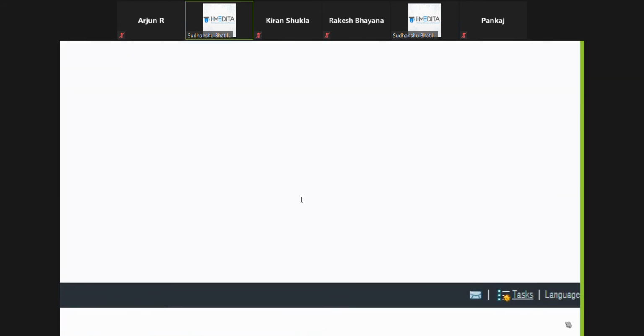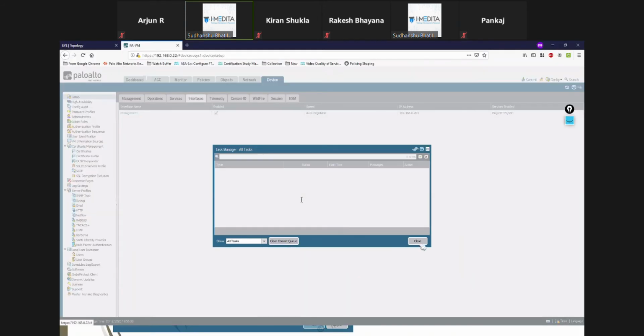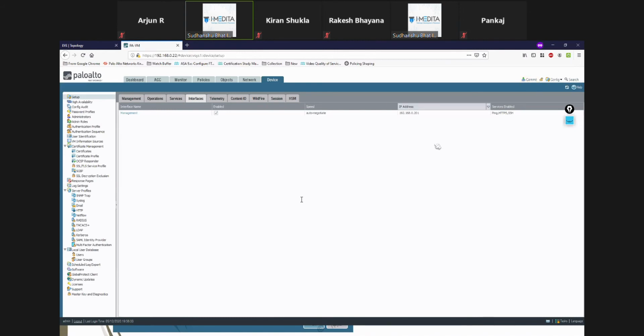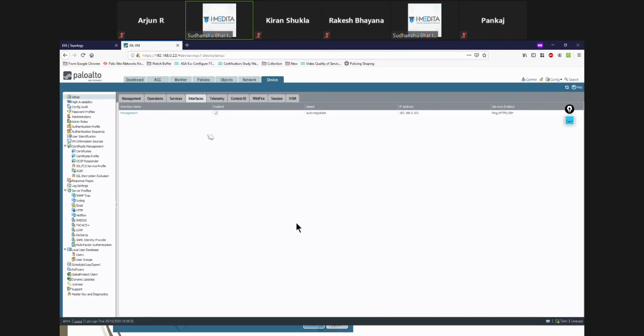Like yesterday, we gave the other firewall another task of downloading the image, and we saw that using tasks. Now, the problem is that once you click commit, it is going to create a small problem. Sometimes students get stuck because of this.